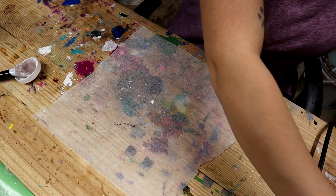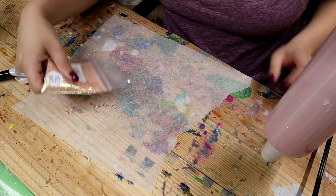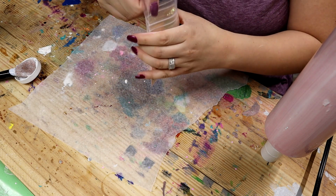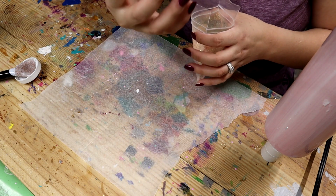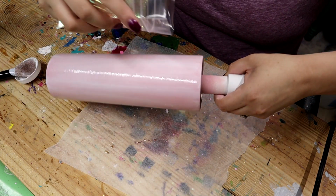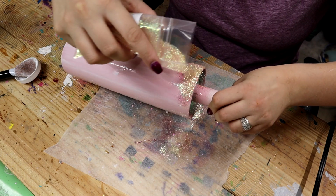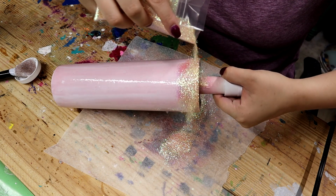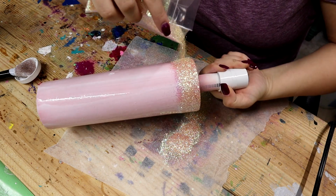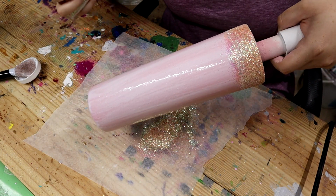And I'm going to start with the top. I always start with my top color first because I like to have the effect that the ombre is going upward. So if you apply the bottom glitter last, it'll be the one that overlaps the top layer. I am just gently sprinkling this glitter onto the top inch or two of the tumbler, all the way around, making sure I get all the way up to the rim and everything's good and covered. Now I'm going to tilt my tumbler slightly